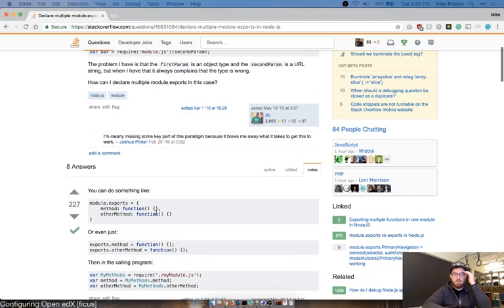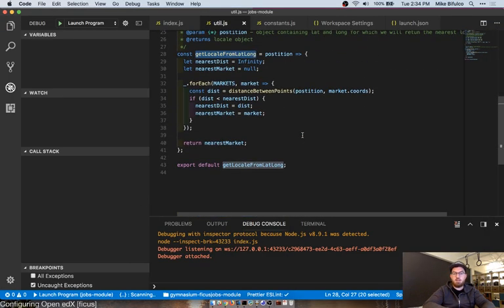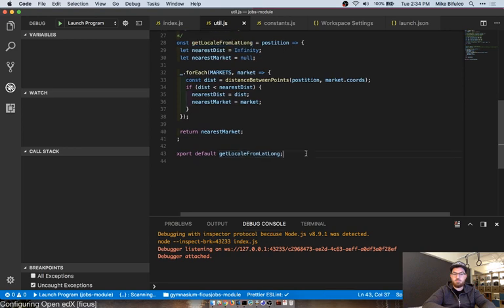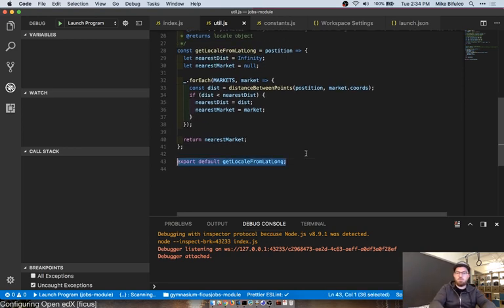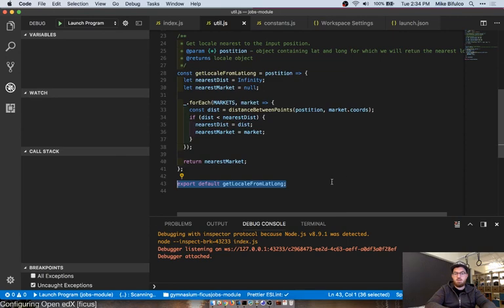Okay. So that should be something like... well, there's only one output here still. But I think we can say module.exports equals get locale from lat long.